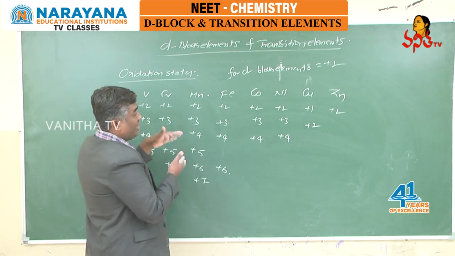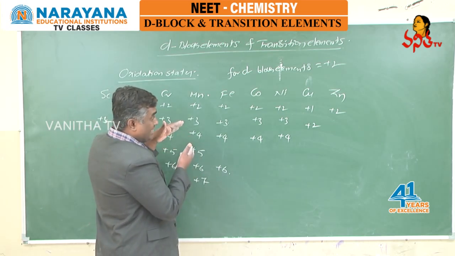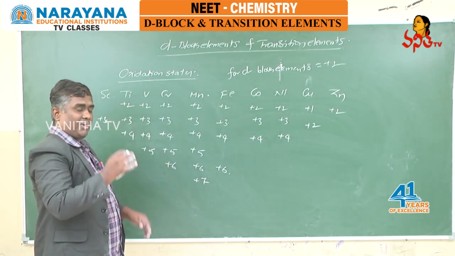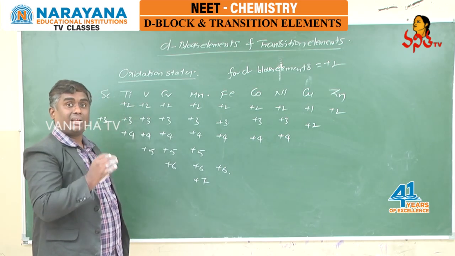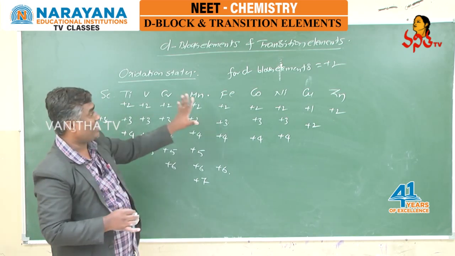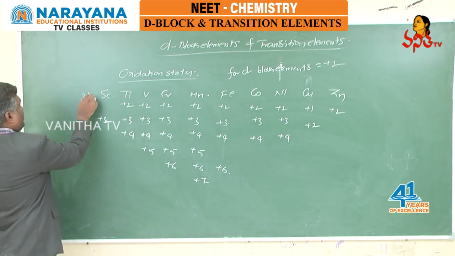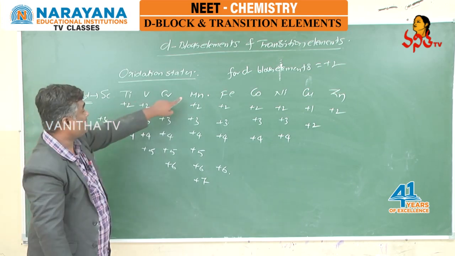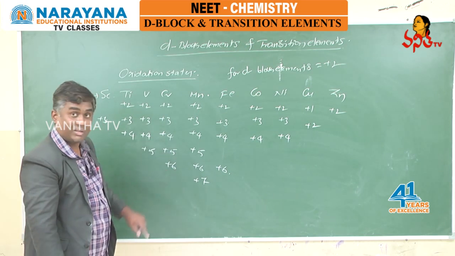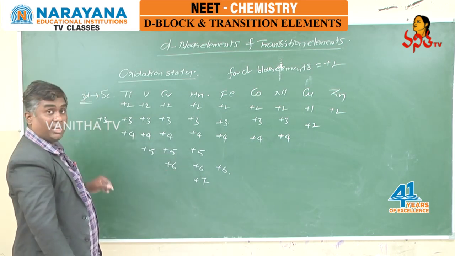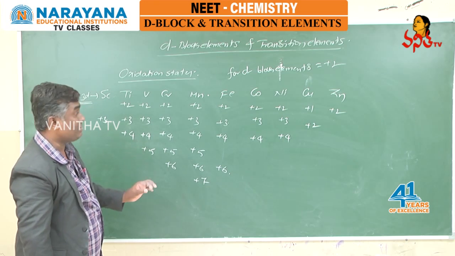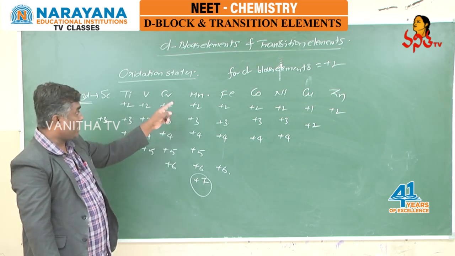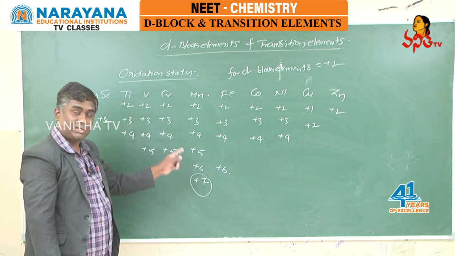After manganese, the varieties of oxidation states exhibited by d block elements, or can say transition elements, gradually decreases students. And because of unpaired electrons only, transition elements are having the ability to exhibit varieties of oxidation states. And here we are discussing about 3d series. In 3d series, more varieties of oxidation states exhibited by manganese from +2 to +7. At the same time, in 3d series only, highest oxidation state also exhibited by manganese, that is +7. More varieties exhibited by manganese and highest oxidation state also exhibited by manganese.